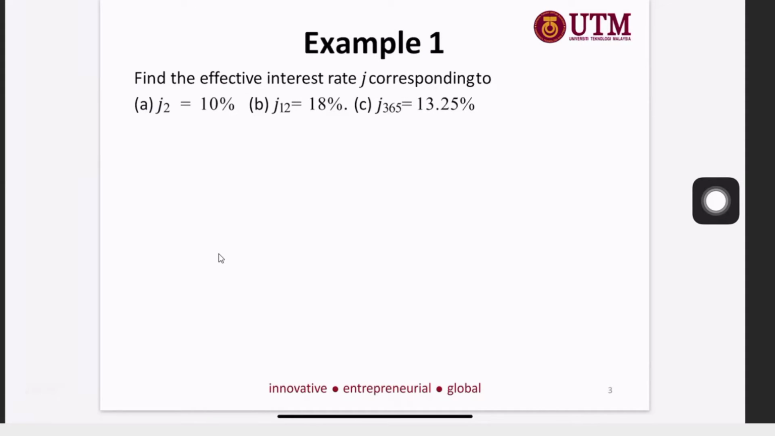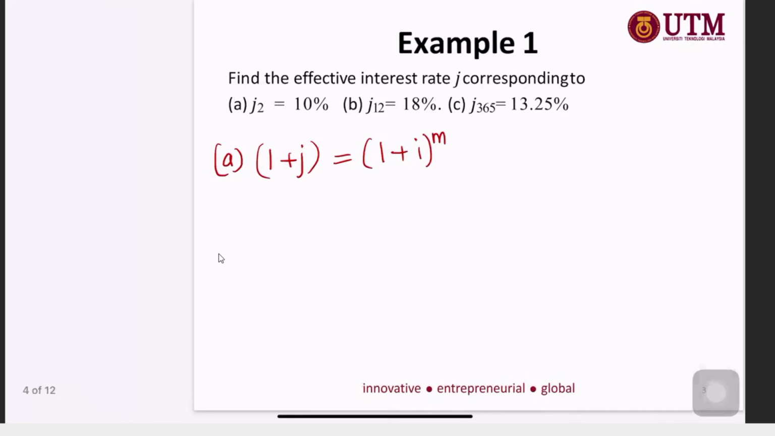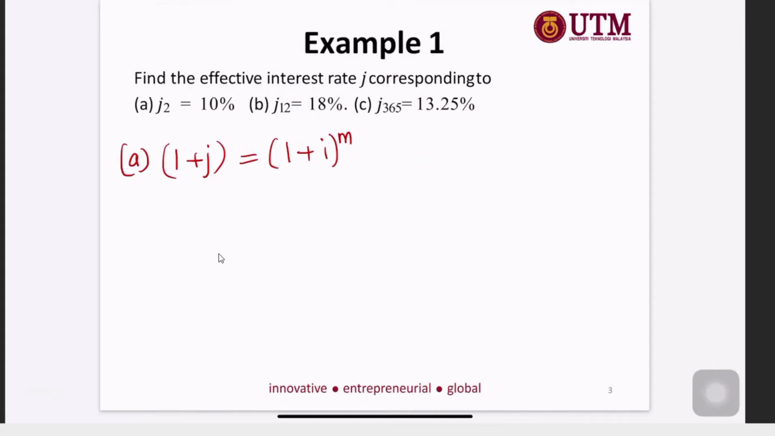First let's look at example 1. Find the effective interest rate J corresponding to J2 equal to 10%. So now they want you to find the value of effective interest rate J. We have 1 plus J is equal to 1 plus I to the power of M, correct? So how to find this value of J? Here we have J2 equal to 10%, so that means 1 plus J is equal to 1 plus, remember this I is Jm divided by M,